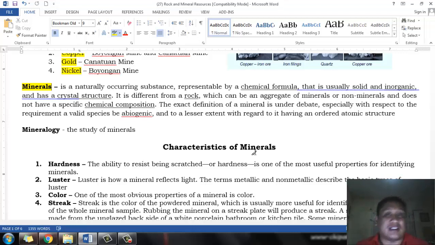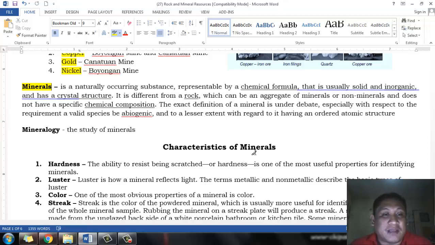Because basically, a rock is a mixture of all of these substances and chemical substances. But a mineral is highly specific. That is why rock is different from mineral, because mineral has a distinct chemical composition. So the exact definition of mineral is under debate today, because there could be lots of minerals, and based on the characteristics of the different minerals, we have several conflicts with our definition of mineral,